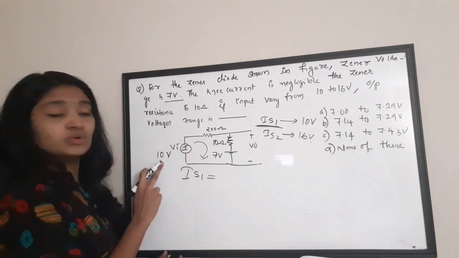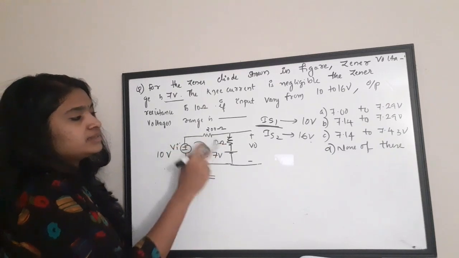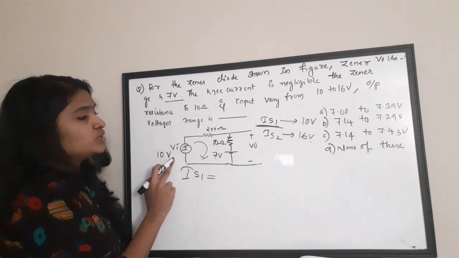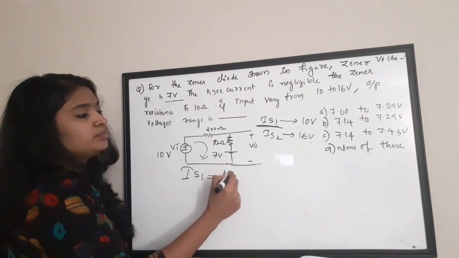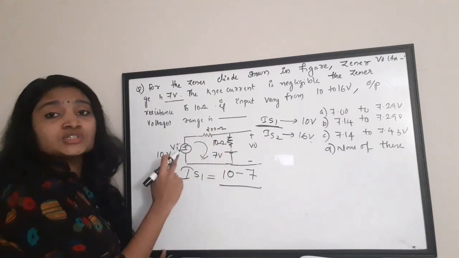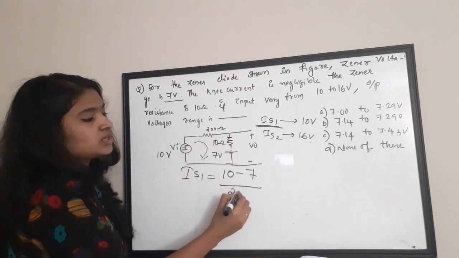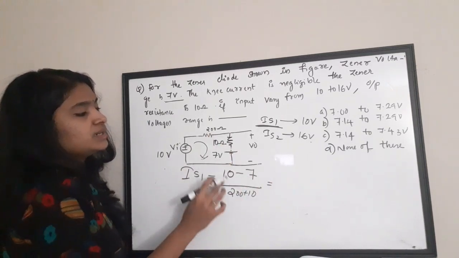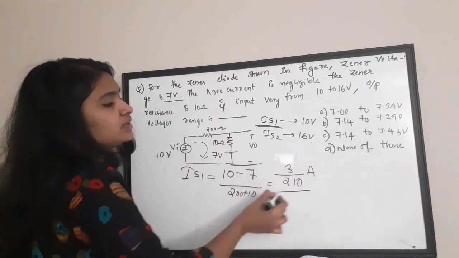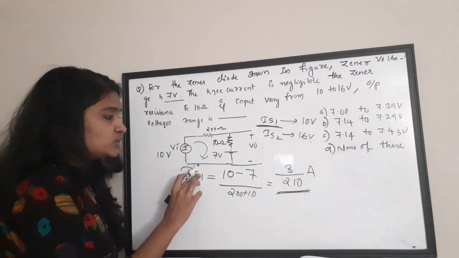So I am going to apply a 10 volt here. What will be the current in the circuit? If you consider this loop, there is a 10 volt here, there is a 7 volt here. So, 10 minus 7 by, there are two resistors connected in series connection. So total resistance is 200 plus 10. 10 minus 7 is 3, so 3 by 210 ampere is the value of your IS1, which is the current in the circuit when Vi is